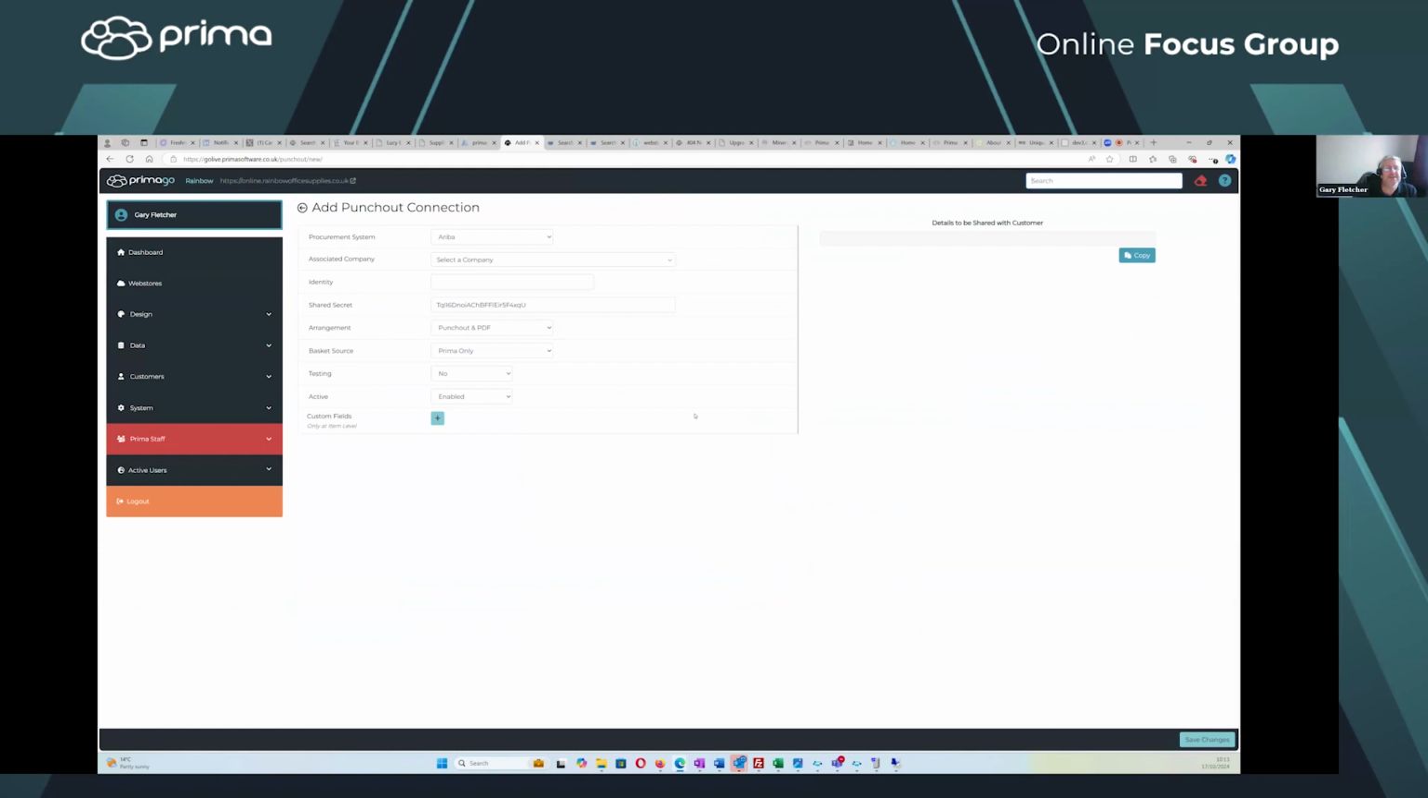If I go in here, you can see that we work with, I don't know if everyone can see that, hopefully they can. So we work with around 17 different ERPs now. There is a cost to the implementation, which is £2,000 and a monthly service charge on top of that. But what that covers is the implementation, working with your customer and their provider, making sure that all the